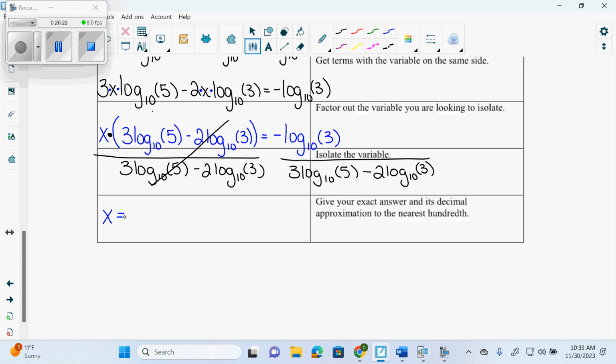So I can go negative, use the fraction button, and go negative log 3 over 3 log 5 minus 2 log 3. And I get negative 0.42 as my approximate answer, if they said to the nearest hundredth or whatever, right? Now,